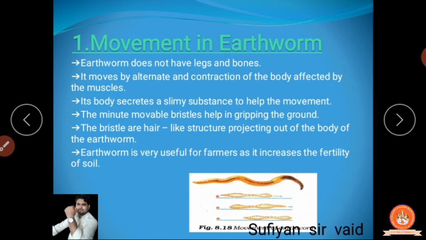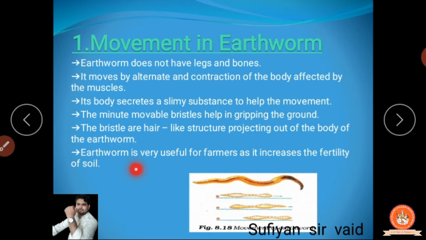Like you can see, if you had seen that Spider-Man movie, the first part of Spider-Man. In that movie they had seen that in the palm or a finger there is a small hair, and with the help of that hair they are climbing the wall. Clear? So this is what bristle is.